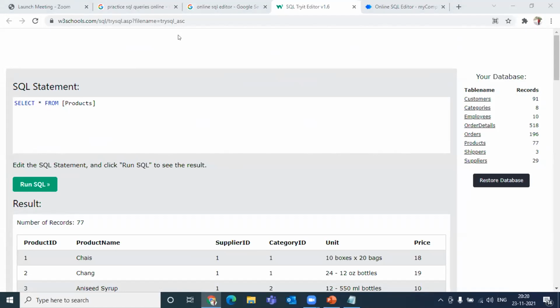Let's quickly do a lot of practice. Quickly, guys, fasten your seat belts. Let's very quickly try as many queries as we can. I'll keep giving you scenarios and you keep writing queries. The question is, I want you to print everything from the products table. Get all the values from the products table. How would you do it? What is the query for that? Can anybody write it in the chat?